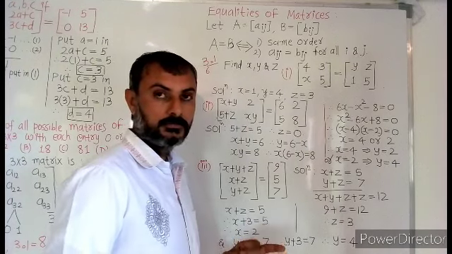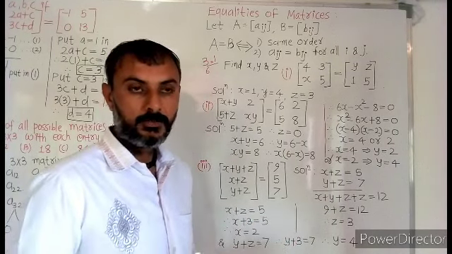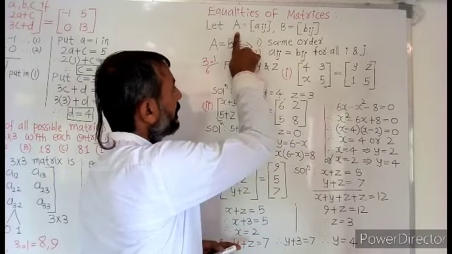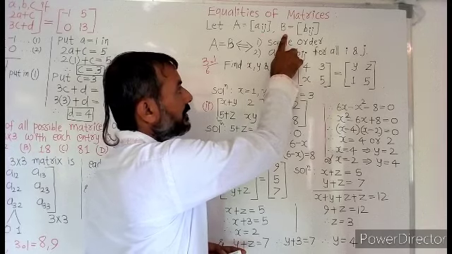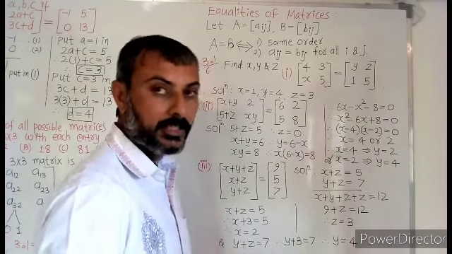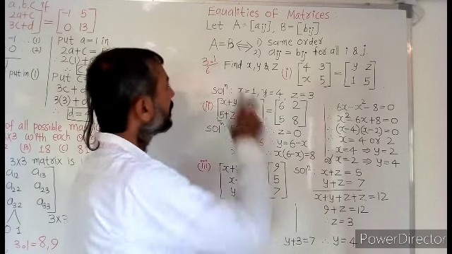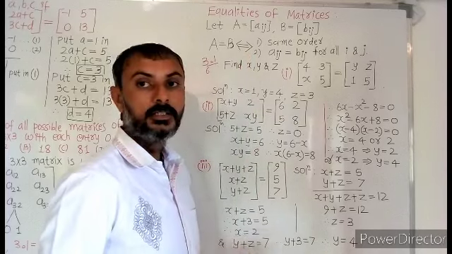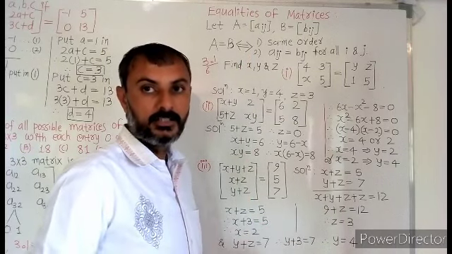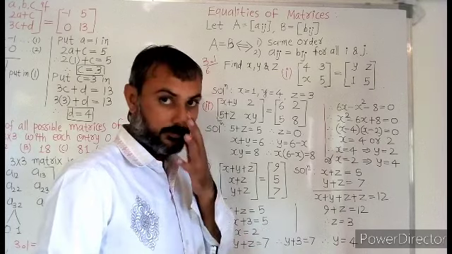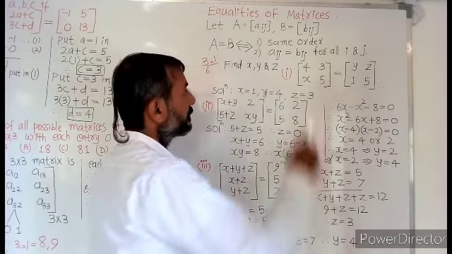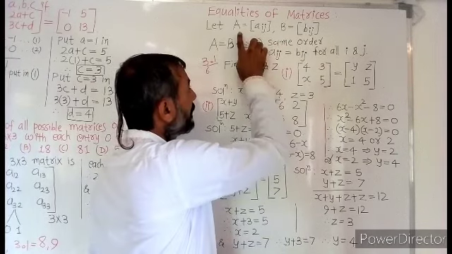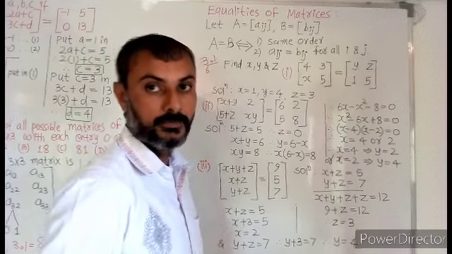See, first of all, for equality we require two matrices. So let two matrices be A = [aij] and B = [bij]. Let's compare them: A = B. This double implication means the sufficient and necessary conditions required for the equality of matrices. First of all, they must have the same order. So the order of A and B must be the same.